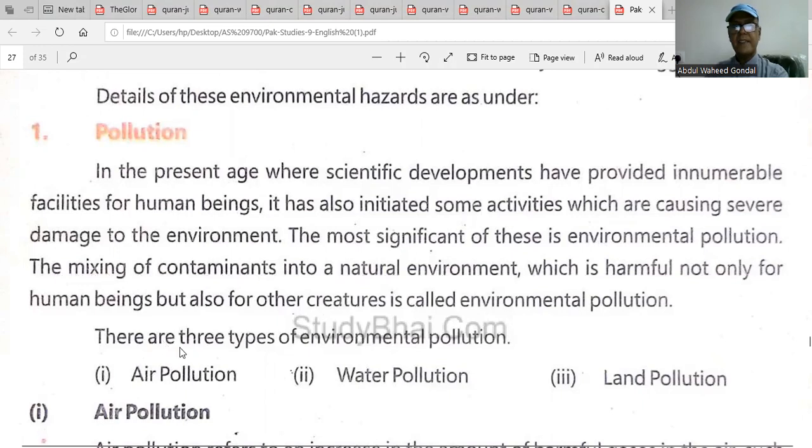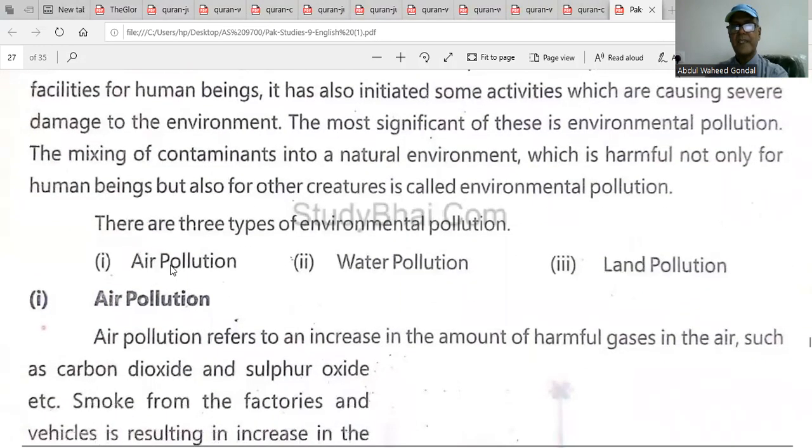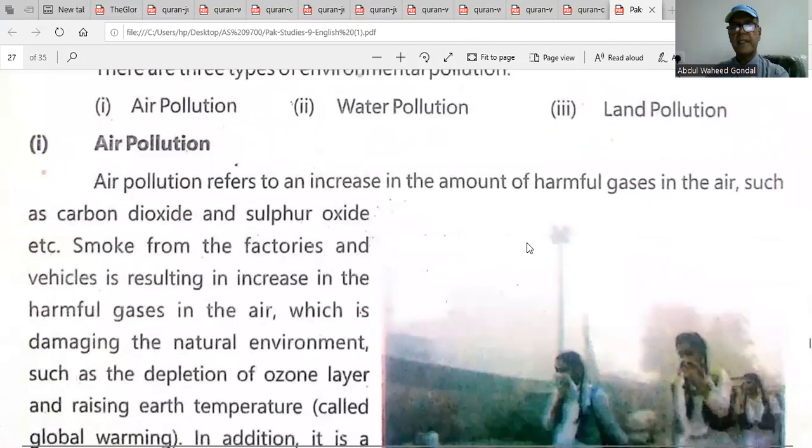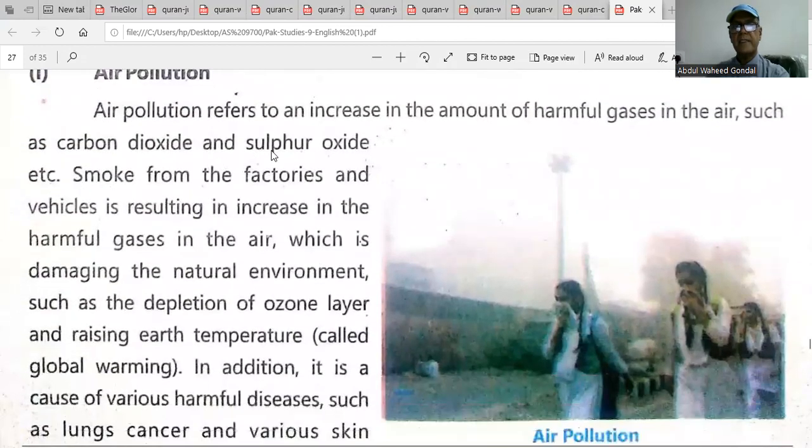And there are three types of environmental pollution. Number one, air pollution. Number two, water pollution. Number three, land pollution. Air pollution. Air pollution refers to an increase in the amount of harmful gases in the air, such as carbon dioxide and sulfur dioxide, etc. Smoke from the factories and the vehicles is resulting in an increase in the harmful gases in the